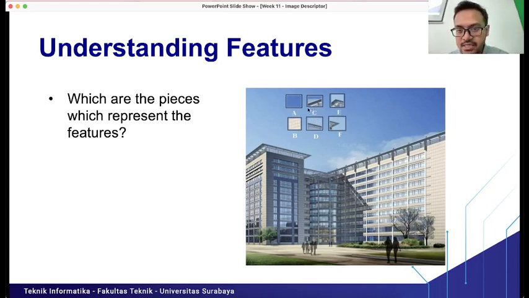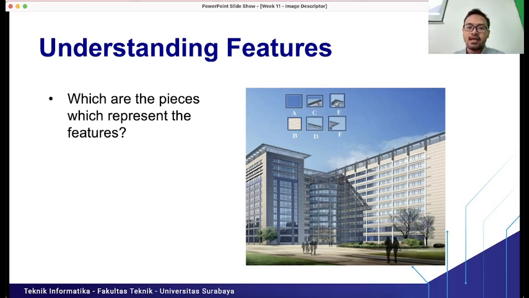C maybe is the edge of the building. E is the corner of the building. B is maybe the window of the building. D is also an edge. F is a corner. So actually we have 6 different pieces: A, B, C, D, E, and F.